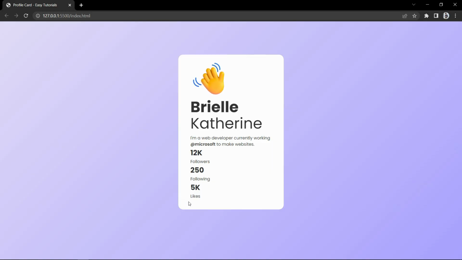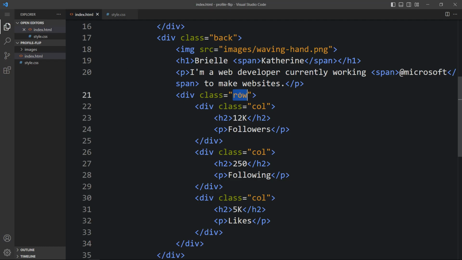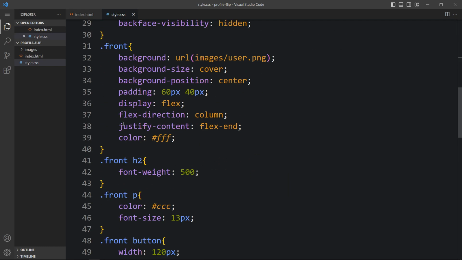After adding this, you can see these texts here: 12K, 250 and 5K. We have to arrange these texts in a horizontal line, side by side. It will be displayed in 3 columns. So let's come back, and here we have the class name row. Add this class name in this CSS file